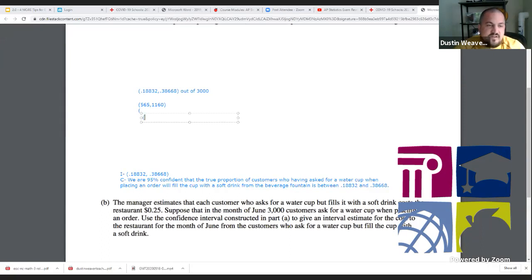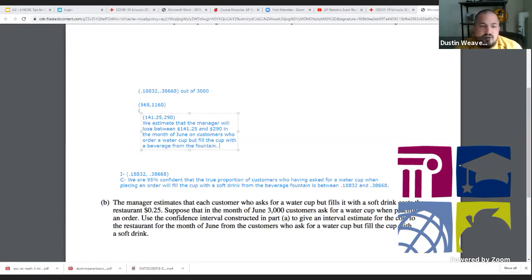So the way I would get that is 141.25 all the way to 290. So what we are able to do is say, using this confidence interval, we can estimate that the manager will lose between $141.25 and $290 in the month of June on customers who order a water cup but fill the cup with a beverage